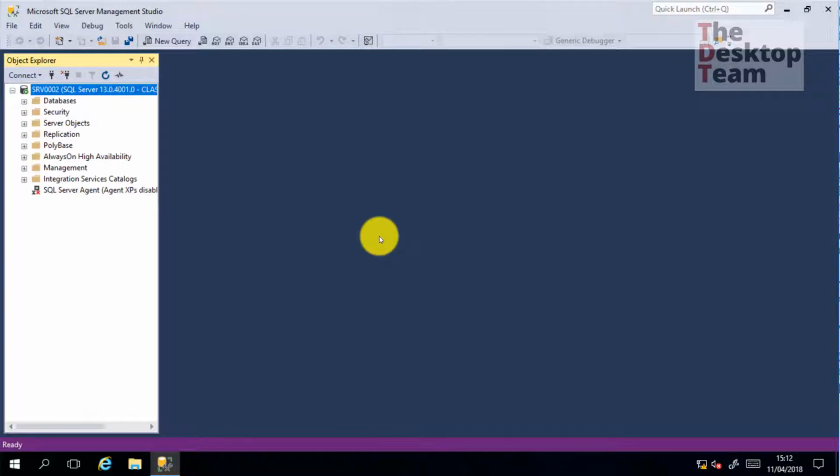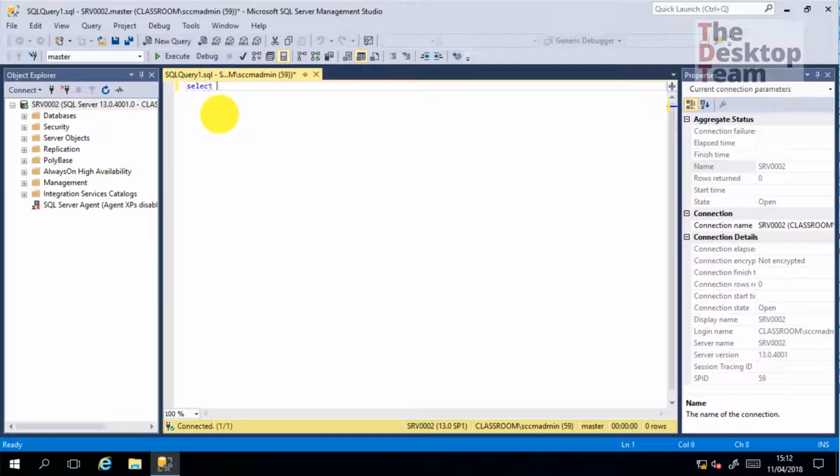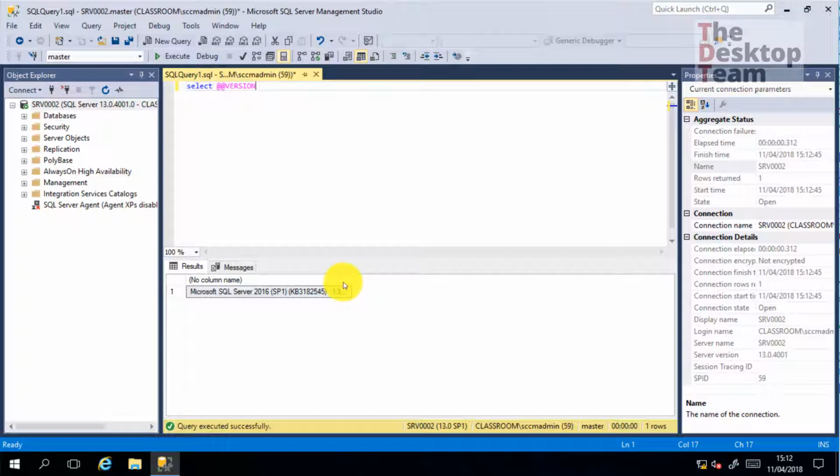So the validation we need to do is just check the version, so I'm going to run here a new query and select @@version and then execute. It will tell here which version we are running. So we have now SQL Server 2016 SP1,